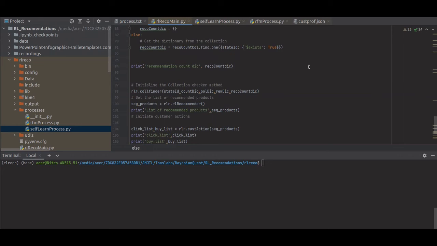And then we get the segment products, which is the list of products which has to be recommended to the customers. The RL recommender is a long process.